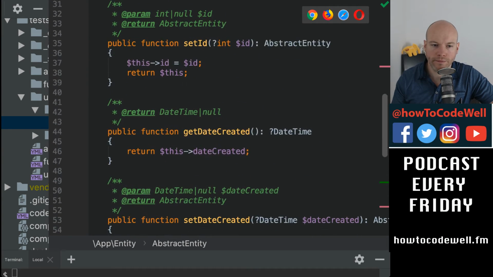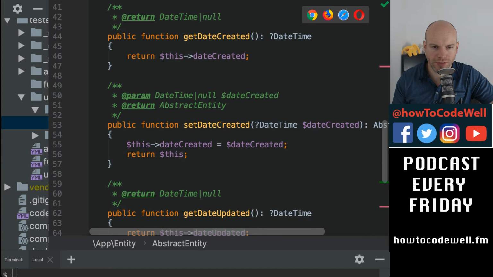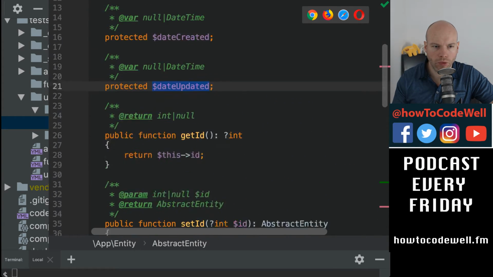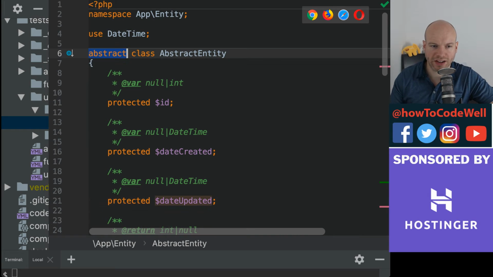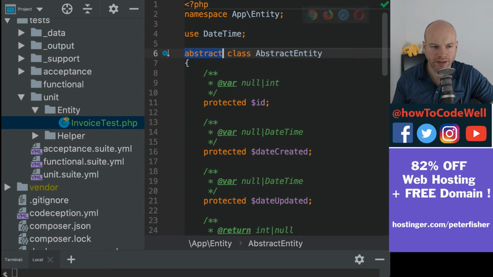So I think that's probably a good thing. Although because this is an abstract class, we can't have the constructor within an abstract class, which is why it's an abstract class. So that would have to come through the public method